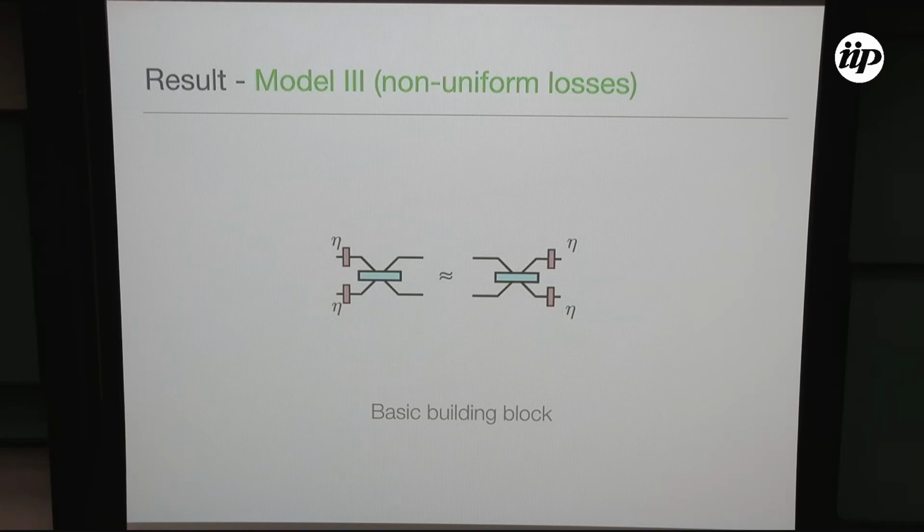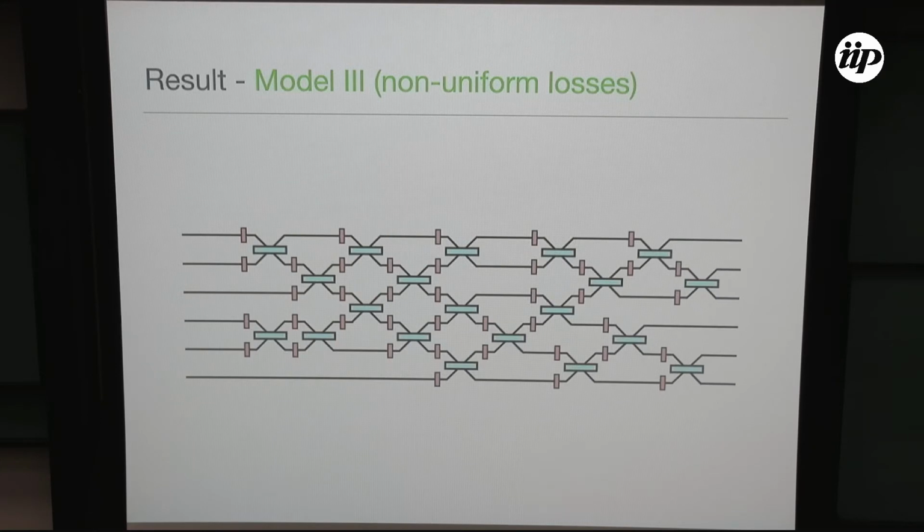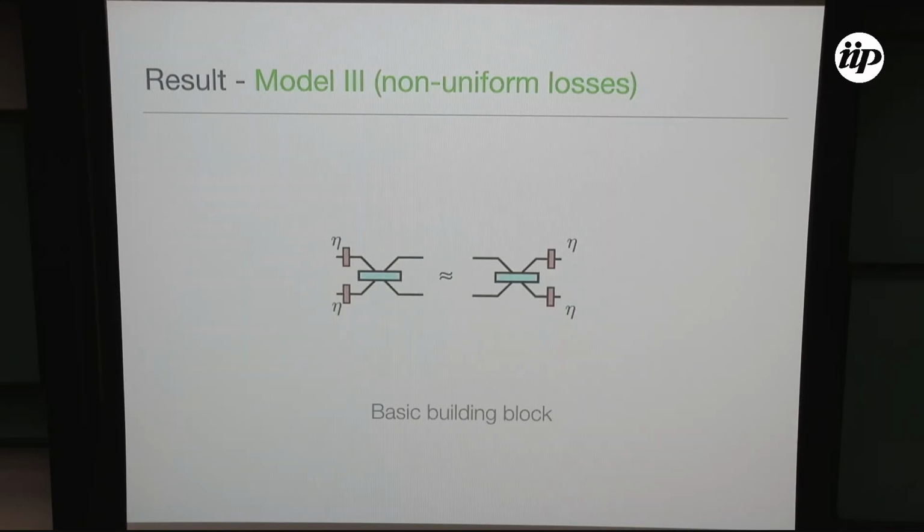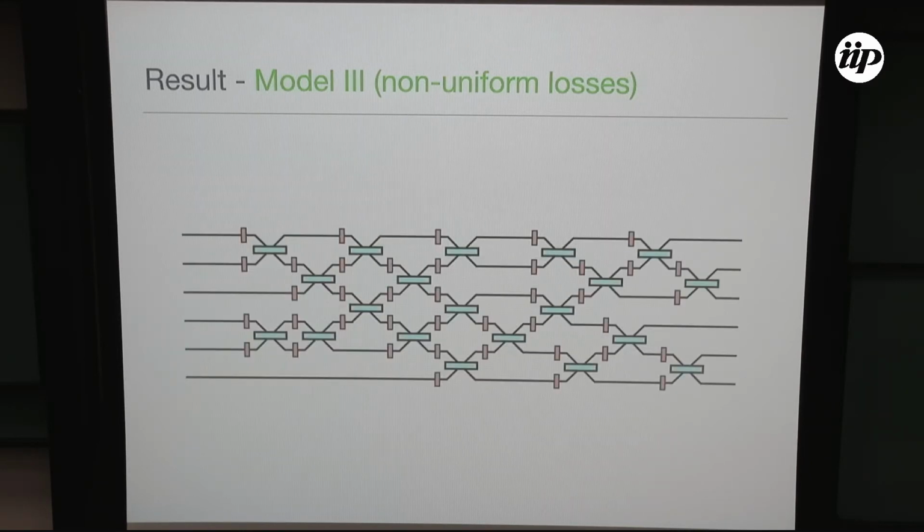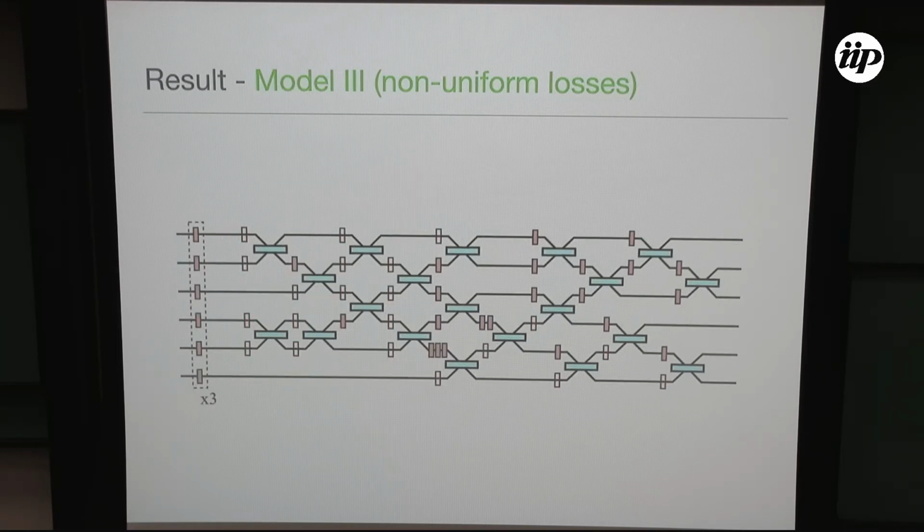Then using this as a basic building block, we take some ugly, very unbalanced interferometer, and we apply this identity over and over until we've managed to pull out some amount of losses to the input, okay? So, for instance, here, the shortest path has length 3, right? The photon has to go through these 3 beam splitters to get to the output, right? So this means that we can pull 3 rounds of losses to the beginning of the circuit. So what we've shown is that this circuit is equivalent to this circuit, right?